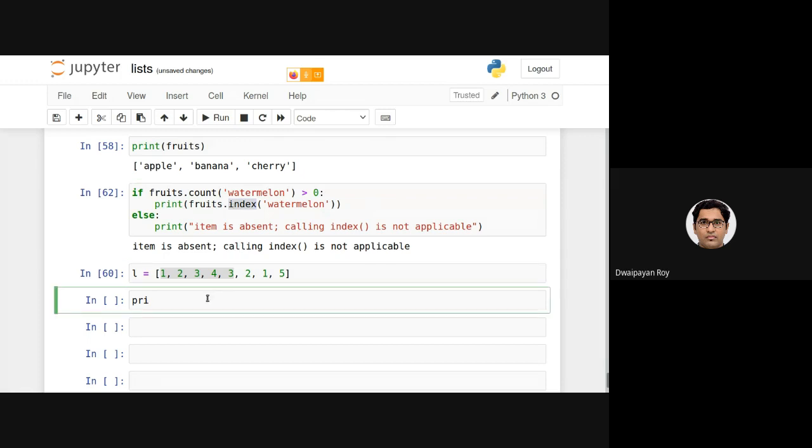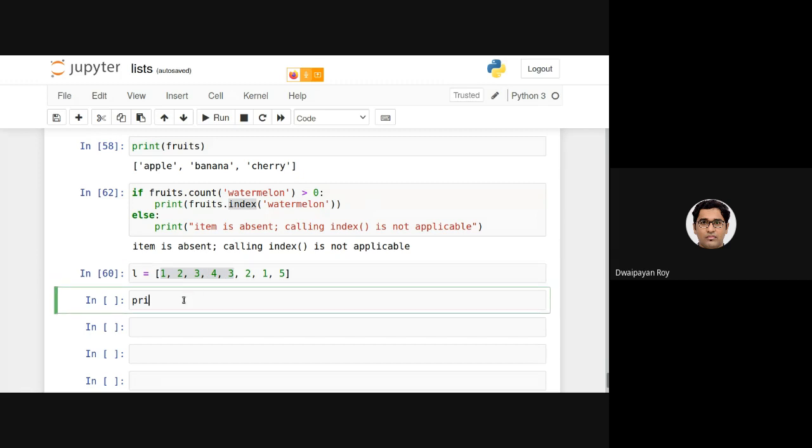Now coming back to the earlier problem. Let's say I want to check the existence of an item in the first 5 locations. Let's say I want to check whether 3 is present in the top 5 locations or not.